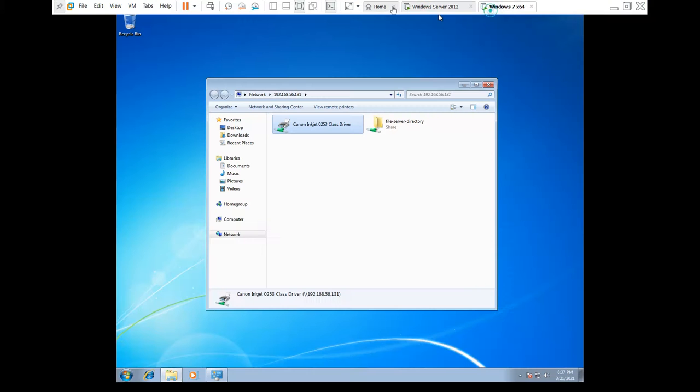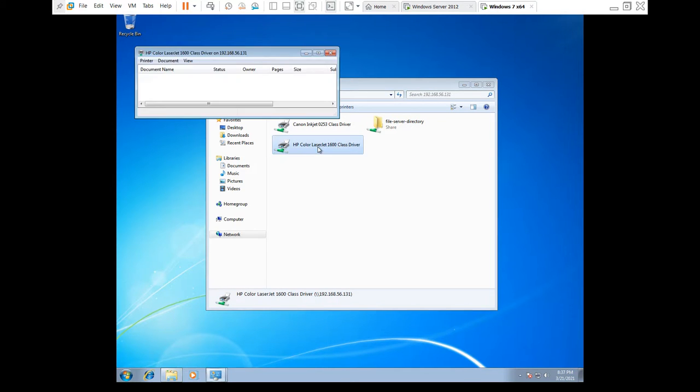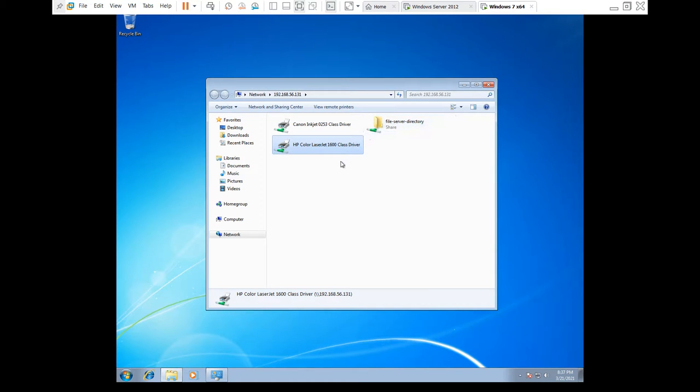Right now, if you look from the Windows 7 client machine, we have only one printer, but we have installed one extra printer in Windows Server 2012, and if I refresh this, I will get this. If I double click on that, it again fetches the driver from the server. Now I can access both printers of the server from the client machine.